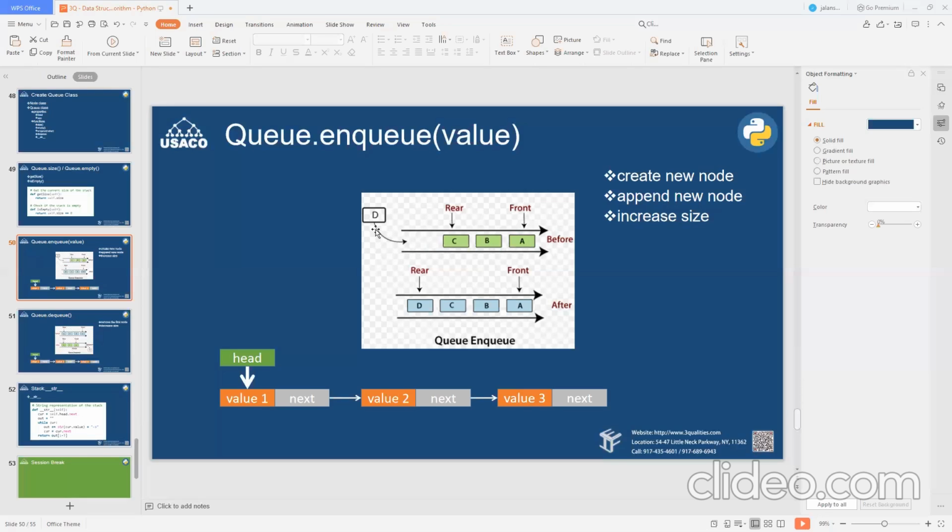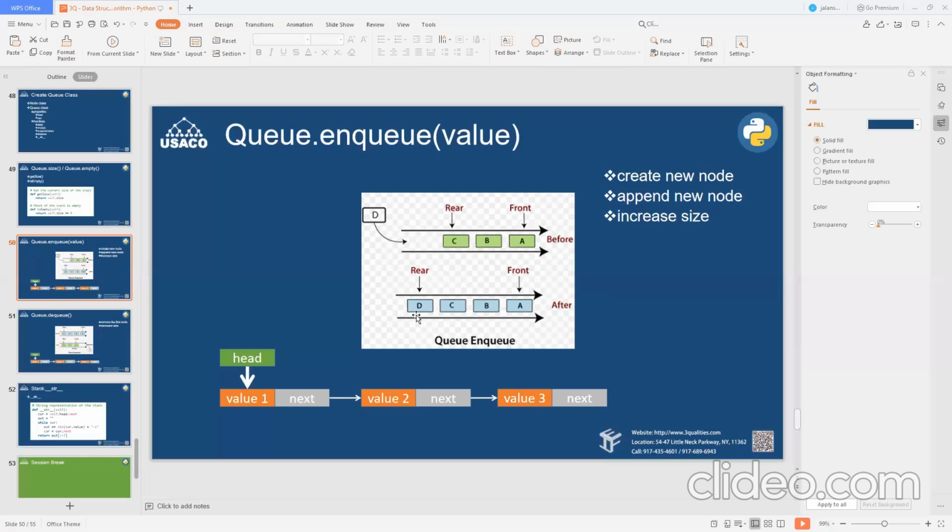When I include a new item, it will be pushed to the end of the queue. It's just like lining up: a new customer comes and goes to the end of the line. Same concept here. After you include a new element, that's what the queue looks like after the change.